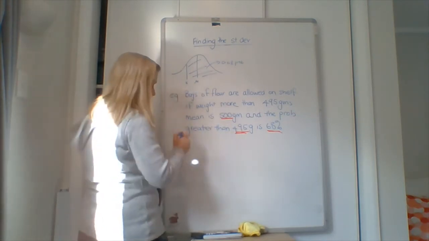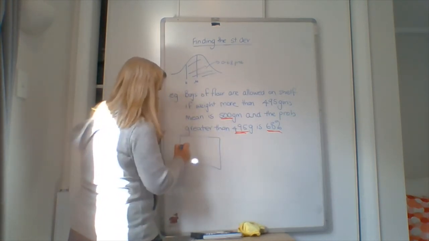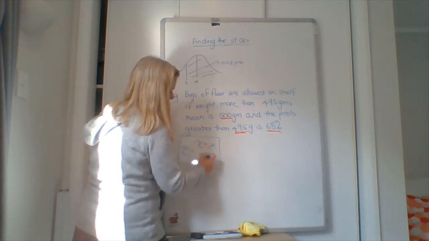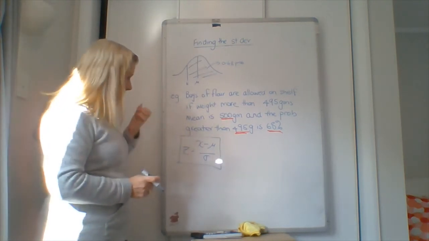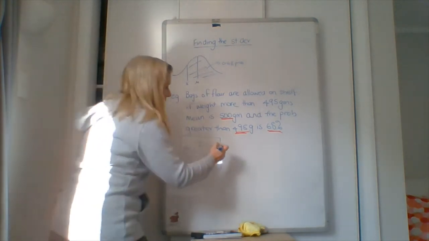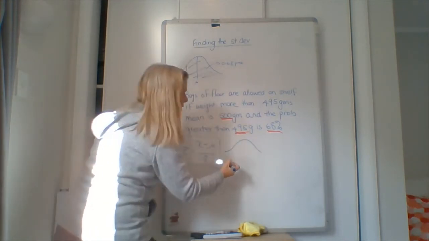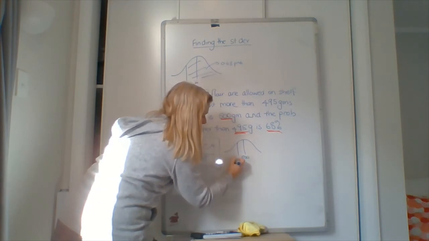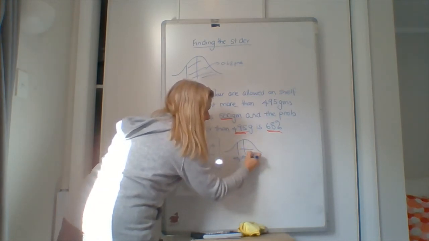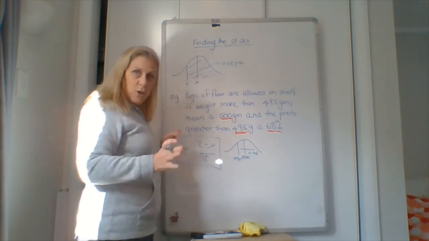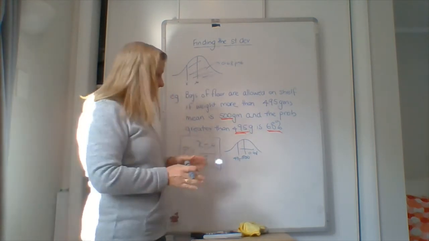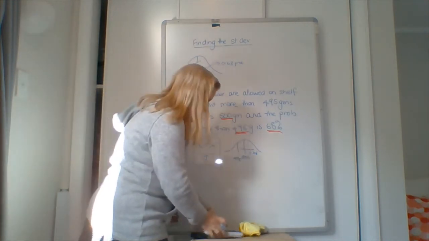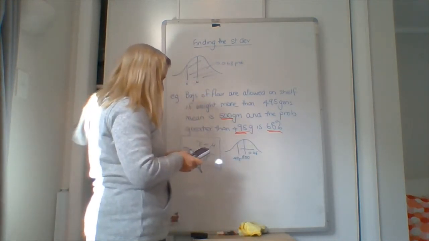Again, using that formula, z equals x minus the mean over the standard deviation. What have we got? We draw our picture again. We don't know what the standard deviation is. We know this is 500, this is 495, and this is 0.68. But we've got to again use the standardized formula, so we put in a standardized mean of 0 and standard deviation of 1. So we're back to our calculator. Shift to